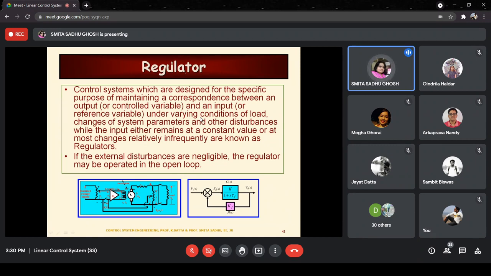Now as far as control systems are concerned, basically in control systems, whenever the system is designed such that there is a correspondence, or rather, let me just show you, there's a diagram over here. So this one over here, I'll explain with the help of a block diagram. That's why I was just trying to go to the previous slide, but it's here, no problem.